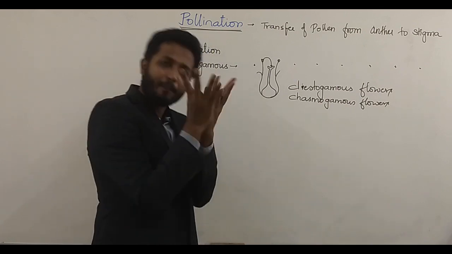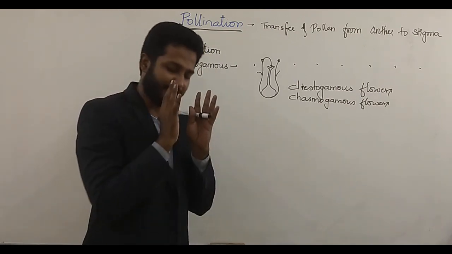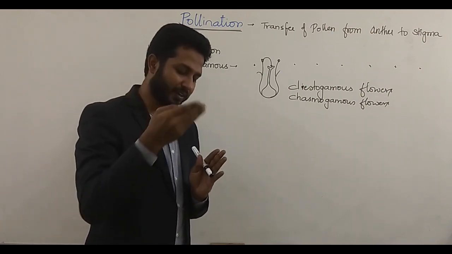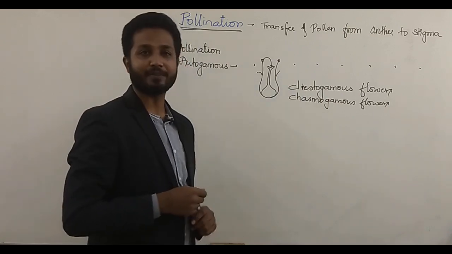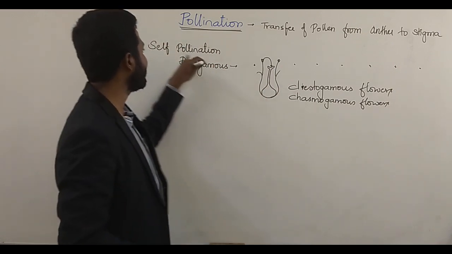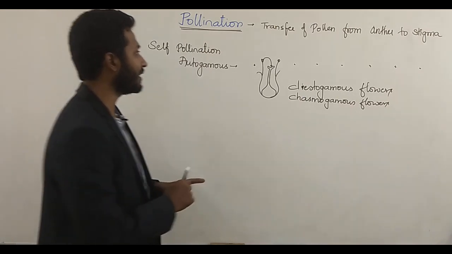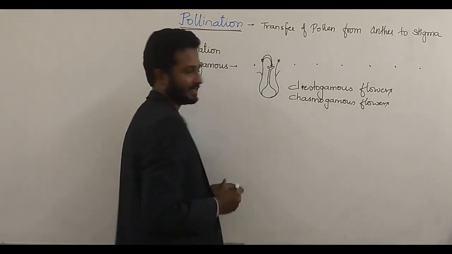These flowers open up after fertilization or after pollination. They will wait till the pollen grain falls onto the stigma. Once the pollen grain falls onto the stigma, the flower will bloom. How about the cleistogamous flower? They never bloom. That is the difference, and in both cases, they are categorized under self-pollination or autogamous flowers. Autogamous means pollen of the same flower falls onto the stigma of the same flower.